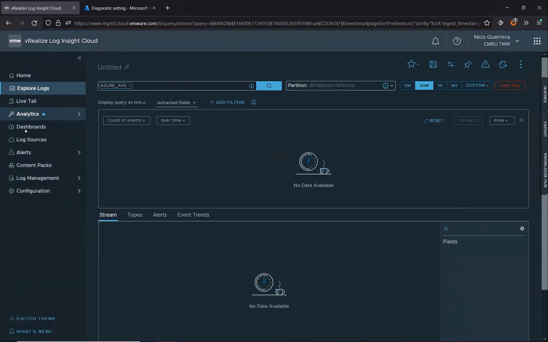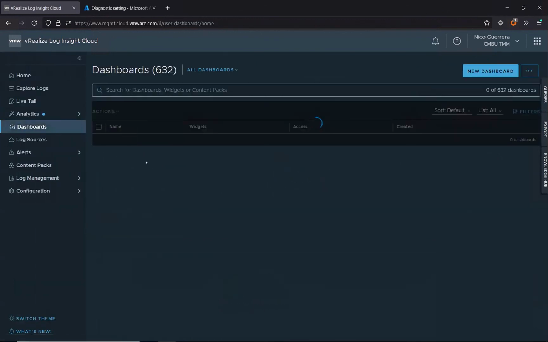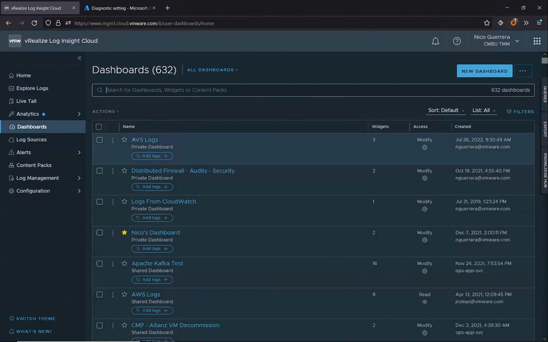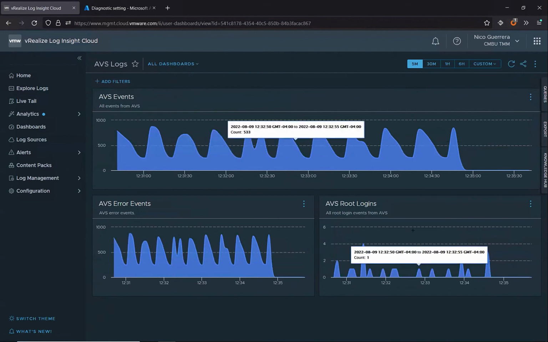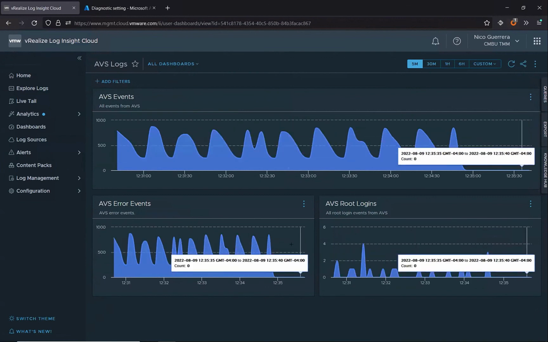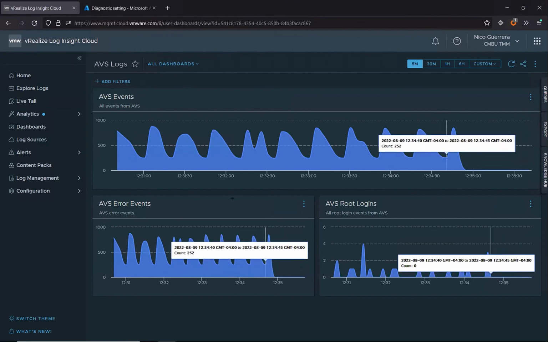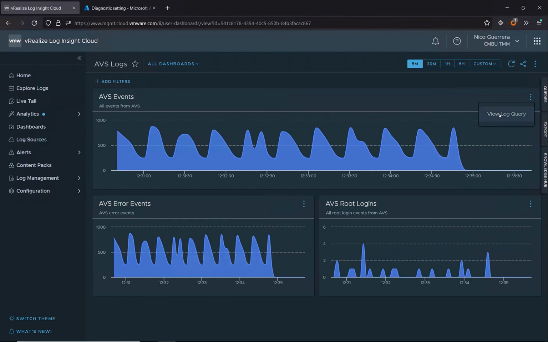well, I have a dashboard anyway that will show us all this information. So I created a quick dashboard that'll just pull up the events for us for Azure AVS. I have a dashboard here called AVS logs. Yep, so all this is doing is looking for the AVS events, AVS error events, and AVS root logins. We do have the AVS dashboards coming up pretty soon. I think they're on the way to be released this week or next week. So right now there are no out-of-the-box dashboards for AVS, so I just created a few, but they are coming very soon. So if we view this log query,